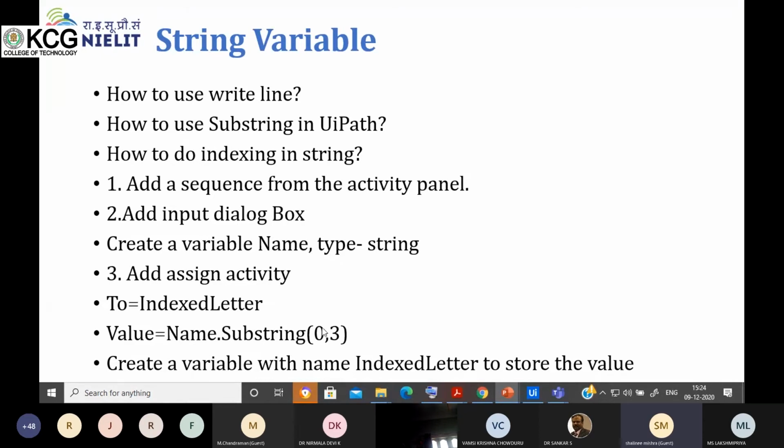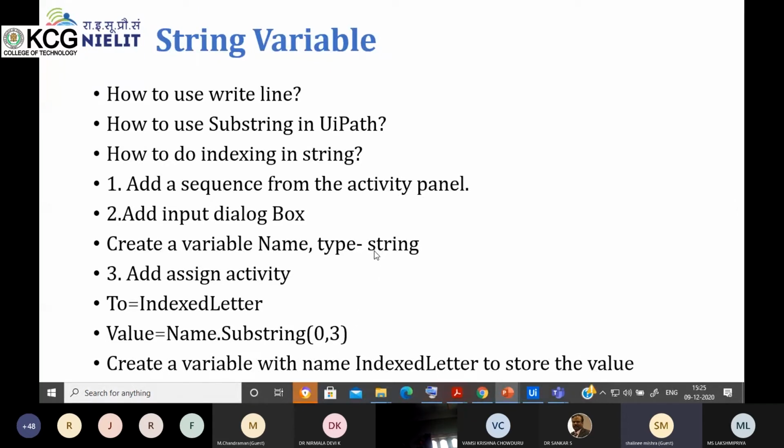Okay, and in substring, in between I need to provide the range. Suppose I entered this as Shalini, or suppose this string only I'll take. So the S will start at 0, then 0 1 2 3 4 and 5. Okay, now if I write this range as 0 comma 3, what output will I get? It will start with 0 but end at n minus 1. Means if 3 is written here, the output I'll get is up to n minus 1, in the sense the output will end at index 2.